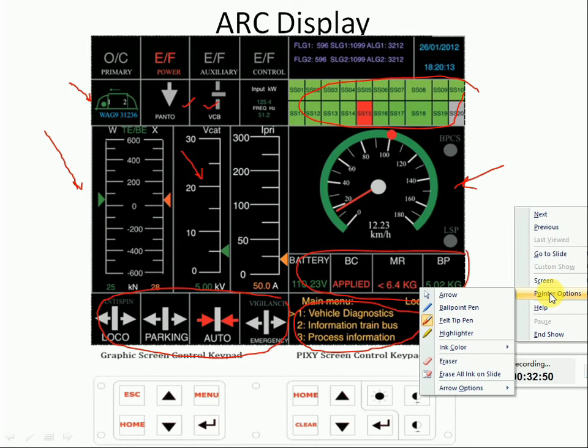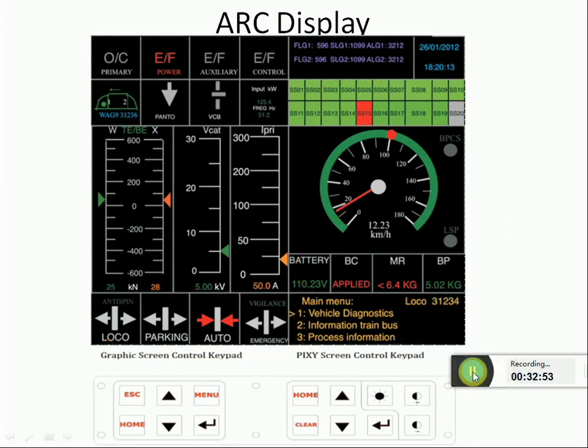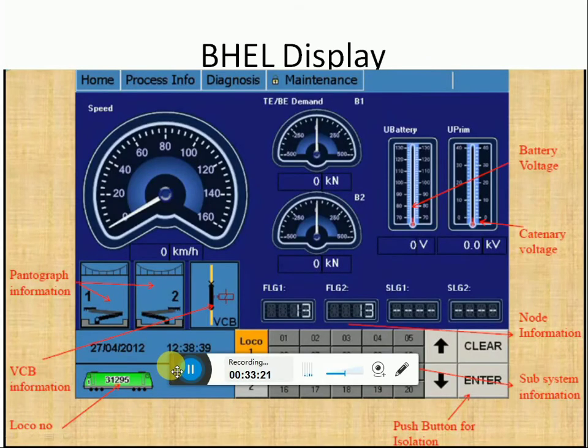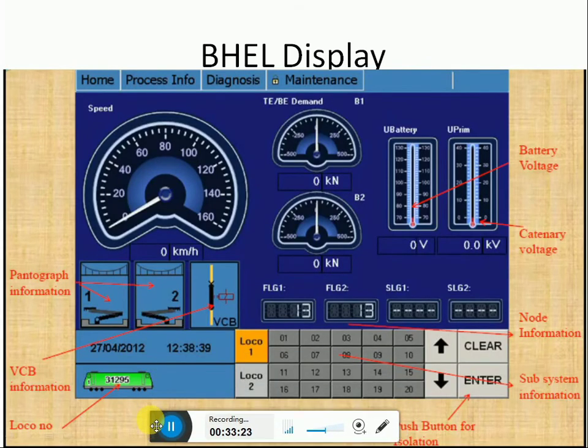ARC display panel. We can see here BHL make a display in it.